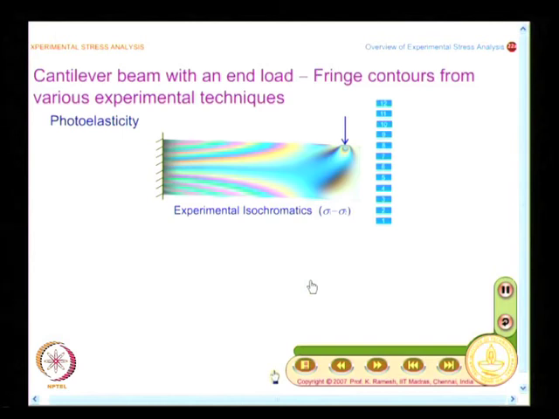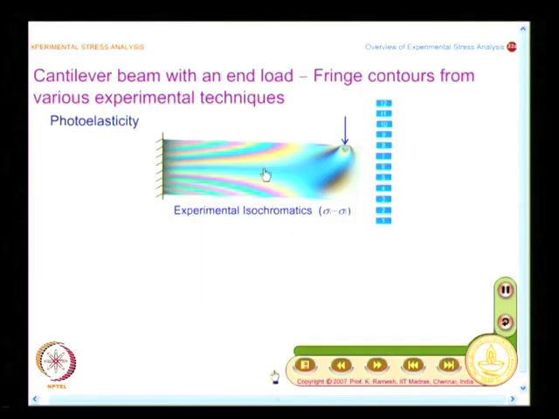As before, I would like you to have a reasonable sketch of these fringe patterns, and what you find here is these fringe patterns are definitely different from what you have seen in a beam under 4-point bending. So, the stress field is different, which your contours directly bring out. You have the effect of shear which is embedded in this stress field. And another important point to note is on the center of the beam you have a light shade of blue, it is not black like what you have in your 4-point bending,